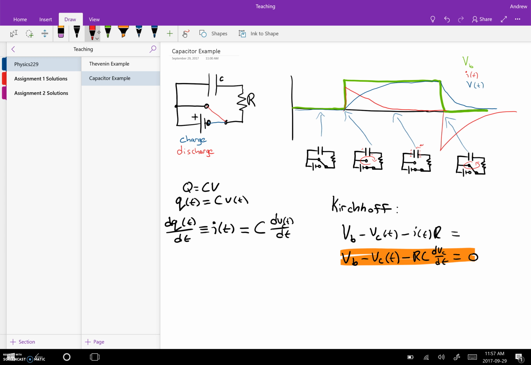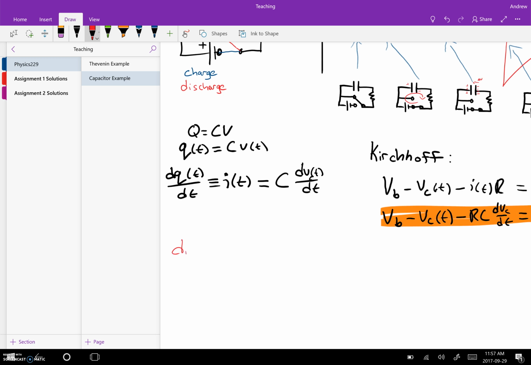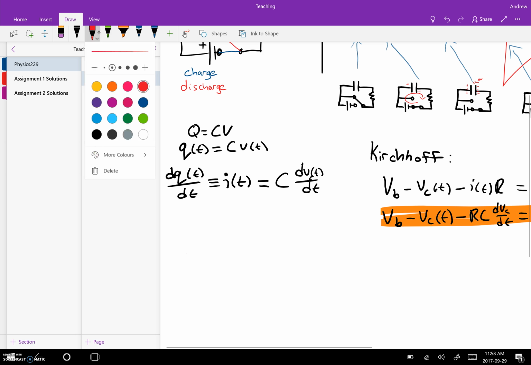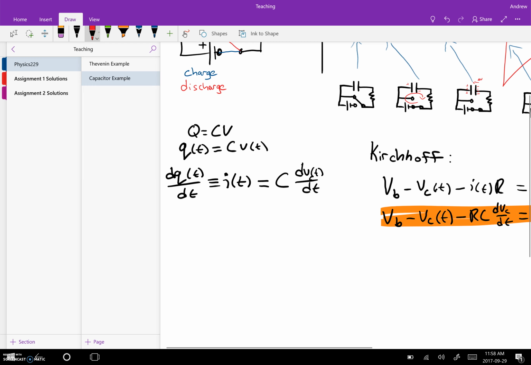When we're discharging, choose a font which doesn't exaggerate my messy writing. When we're discharging,